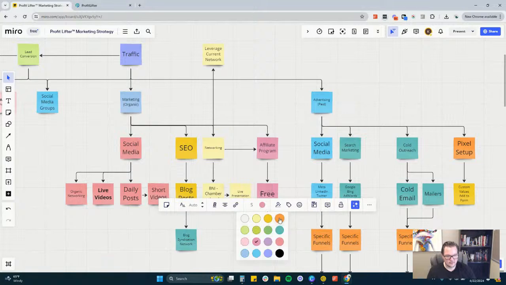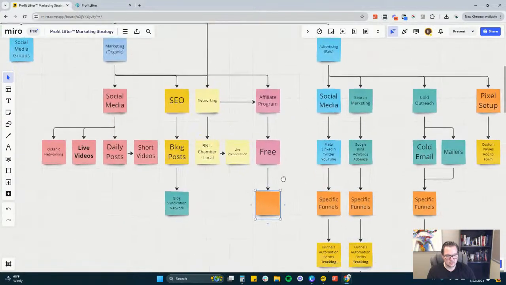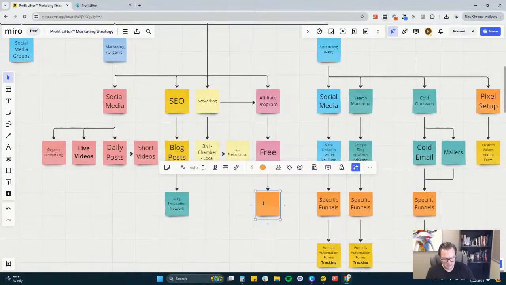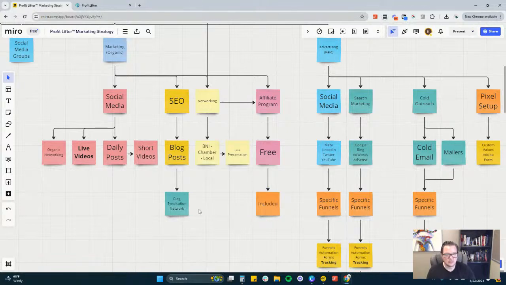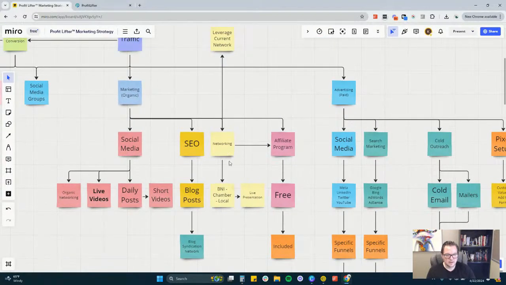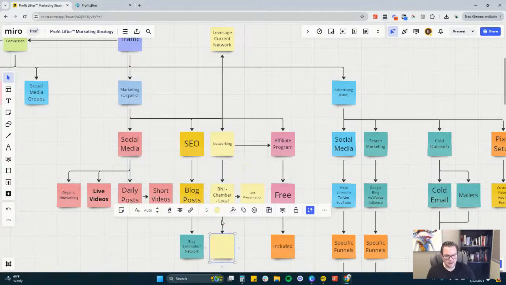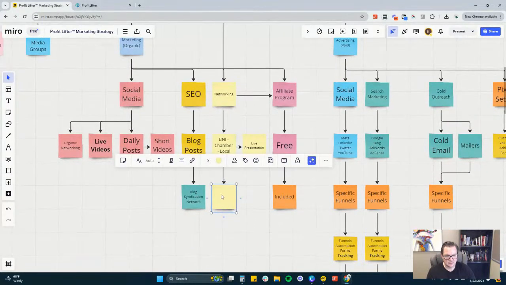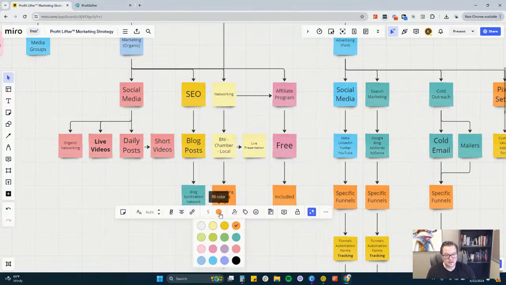So let's just add this in here as included. Networking. Okay, so this networking, I had a great idea about this. Let me show you. What we're going to do is create a networking landing page. The reason I got excited about this is because